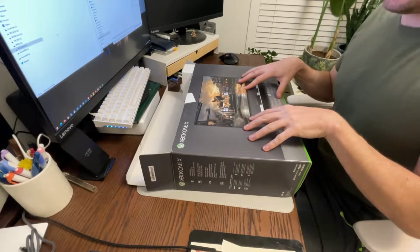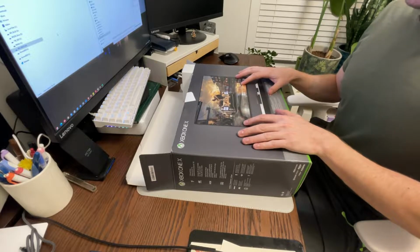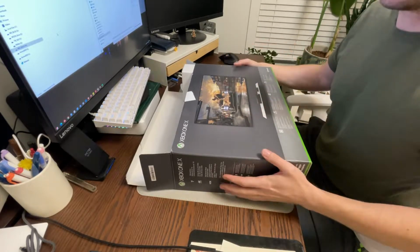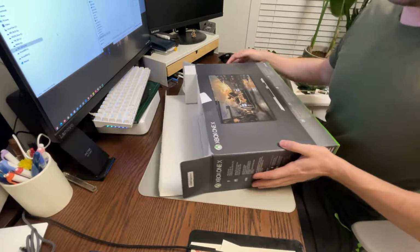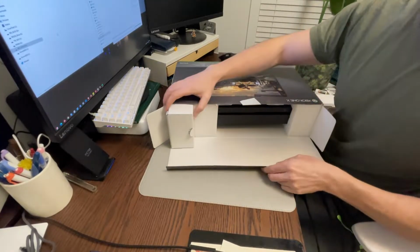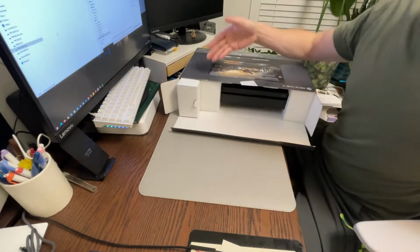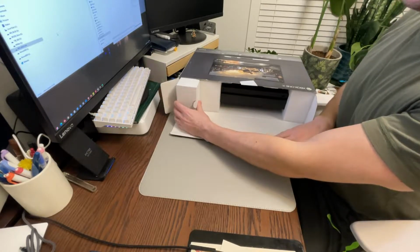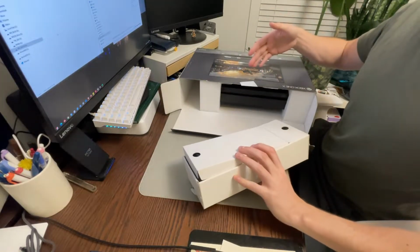I'm going to put in an SSD, which as of 2021 in the summer, I noticed did make loading time substantially faster. The other thing is it actually makes the interface a lot more usable and really, really nice. And it really narrows the gap between the Series consoles and the One X itself. Obviously down the road, there's going to be more and more Series optimized games that are released, and this console won't be able to play them. But for Xbox games, backwards compatible and before, and Xbox One games, once you throw an SSD in this machine,